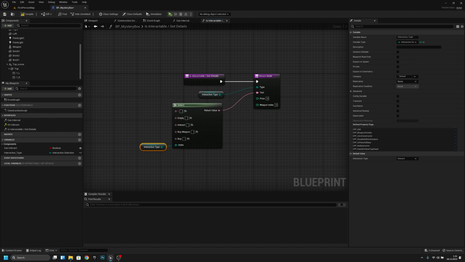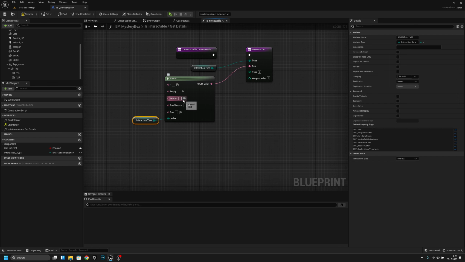Now what we want to do here is, actually here at the interact, let's just write take, like that, to here, to the buy. Let's write open mystery box like that. And now to the price, we can actually